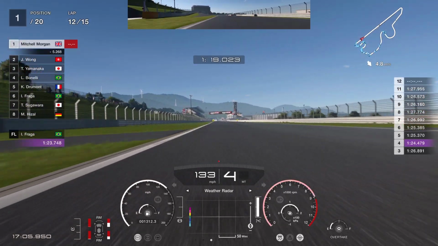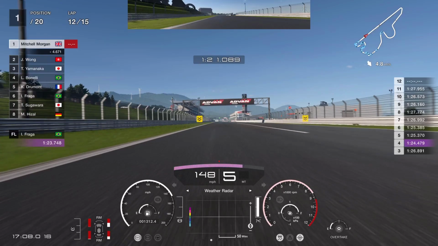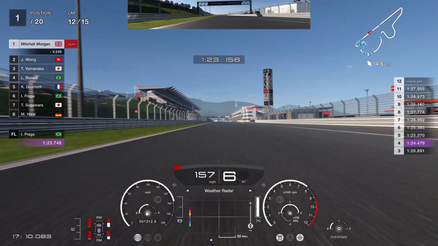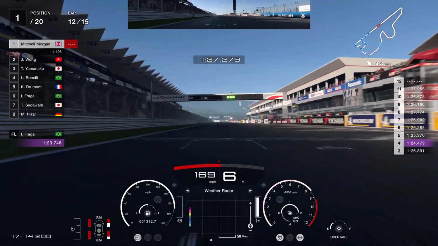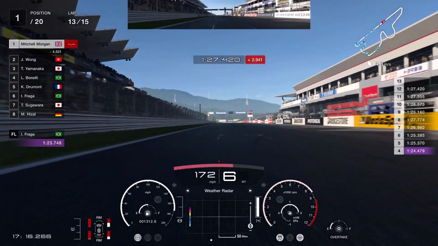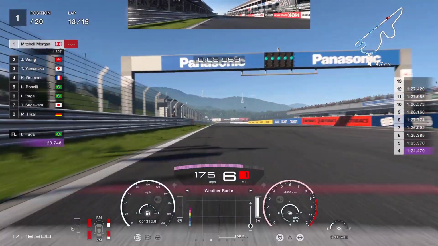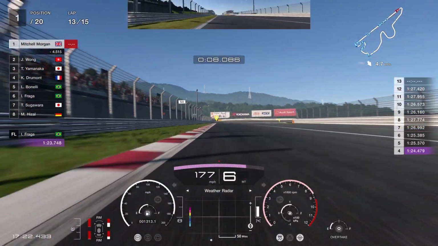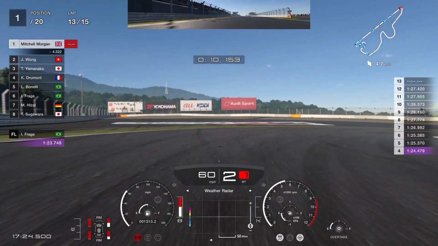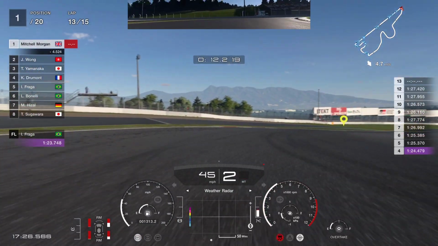And obviously, the more that we slide, the more that we are wearing it. So at the moment, we're pretty much fully worn on both the left-hand side tyres. We're just starting lap 13. So we've got 13, 14, and then 15. 3 laps to do. And at this point, I was really